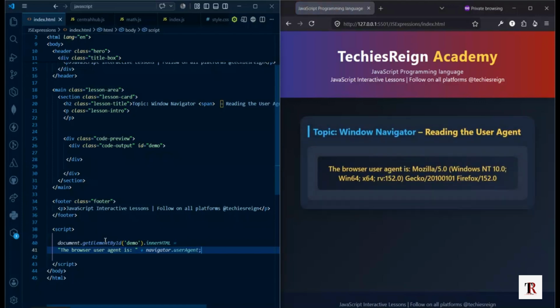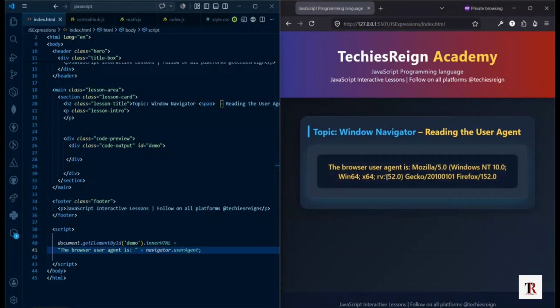And now if you look at my display part on the screen, you can see the browser user agent is Mozilla/5.0 Windows NT 10.0 Win64 x64. You can see all this information, and you can see this is actually my Firefox version. Now if you look at all this information that you can see on the screen,